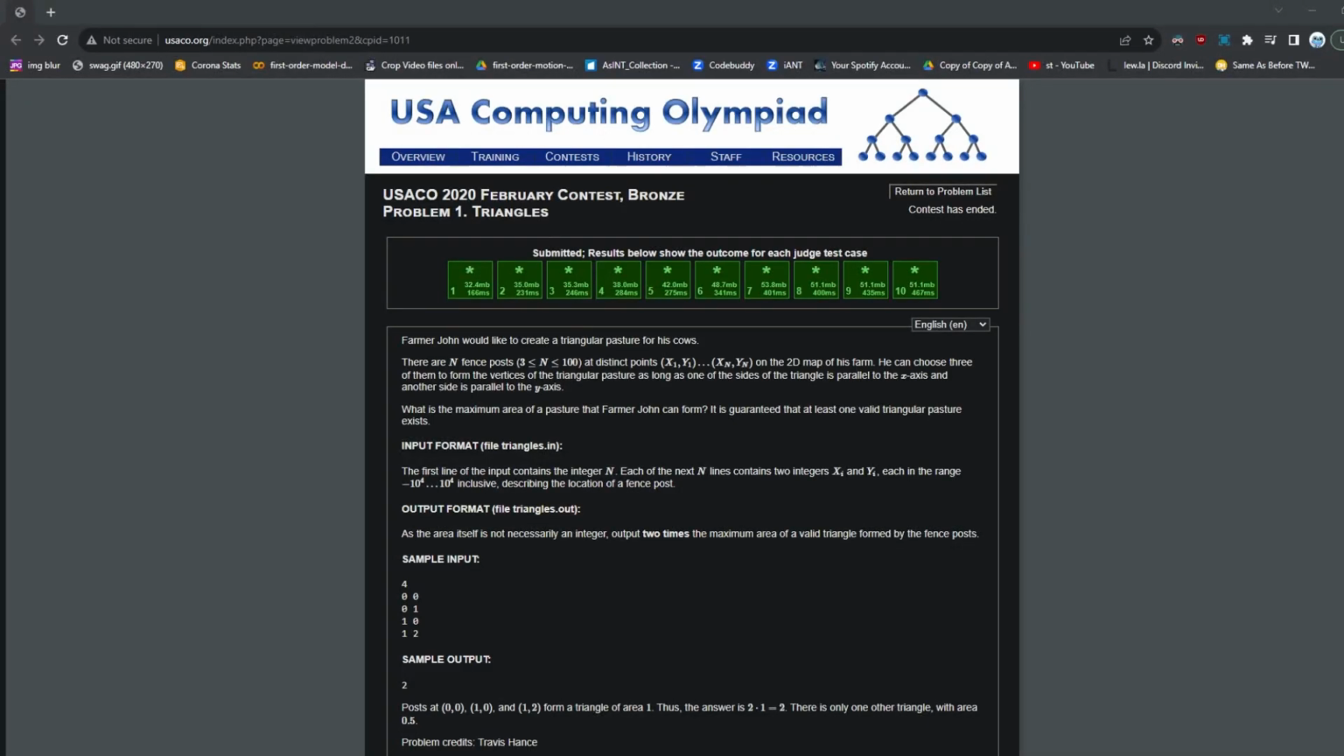Hi guys, today we're going to be going over the triangles problem in USACO 2020, February contest bronze. In this problem, Farmer John would like to create a triangular pasture for his cows. And there are n fence posts, and n is always going to be in this constraint. And those fence posts will be at distinct points x1, y1, all the way through xn, yn on the 2D